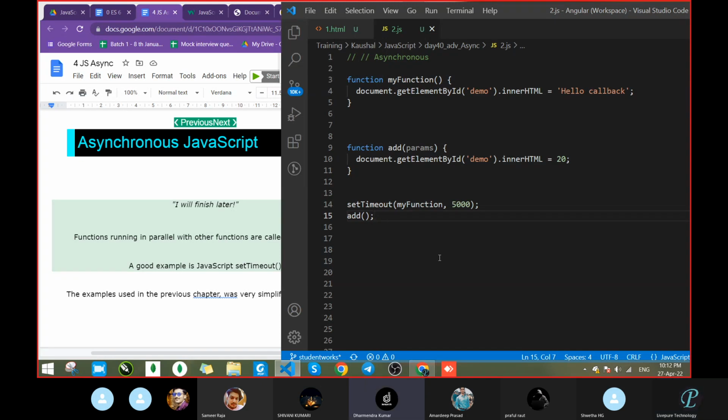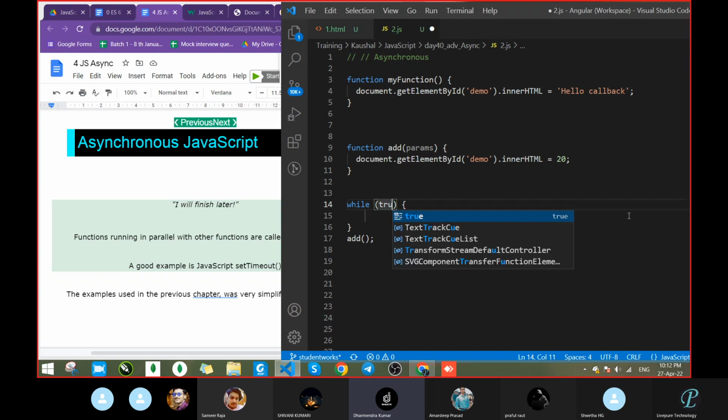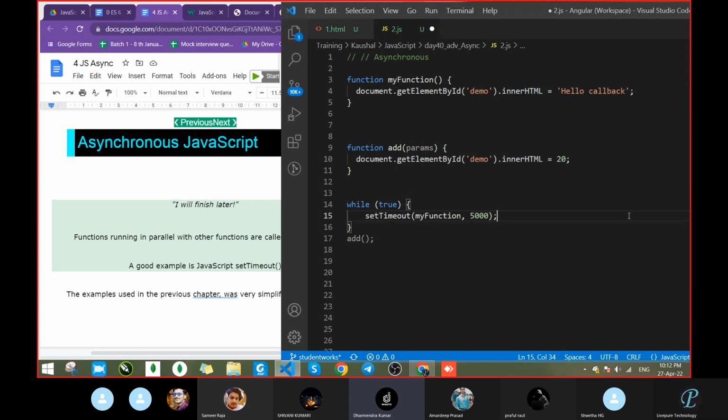Sir, in line number 14, pass one time and while true. Complete line number 14, pass inside a while true loop. While true, it will hang my system. No, sir. What will the output be? While the condition is true, this will get executed, while true, this will again get executed.